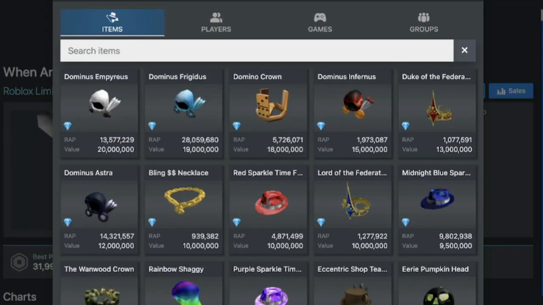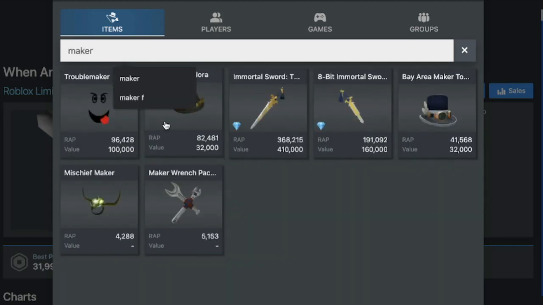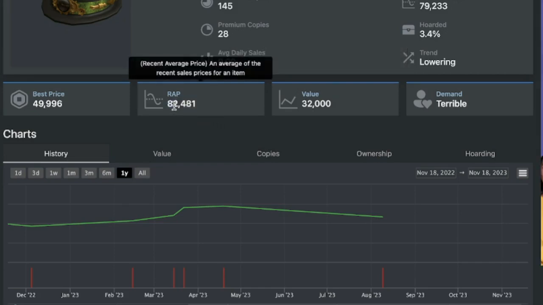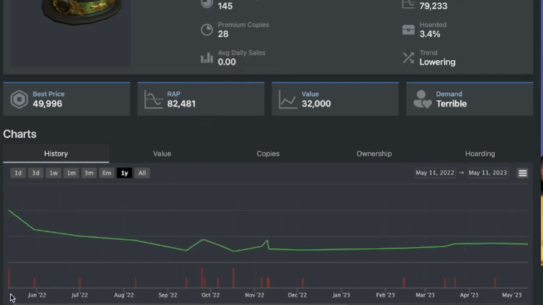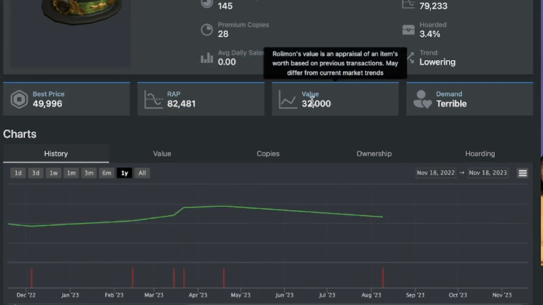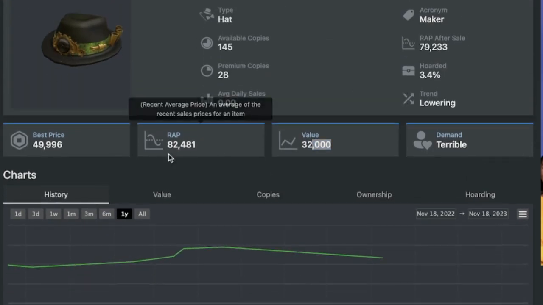Another item that could also be like that is TMF. Oh, sorry, I guess this doesn't have the acronym of that. Maker Fedora. This item could also be considered a shark item because of its very high wrap. It's not a projected, it just sold very high for its first price. And in order to make sure that people don't give 80,000 wrap for this, Rolling Mons has given it a value of 32,000, which is more accurate to reflect the item,